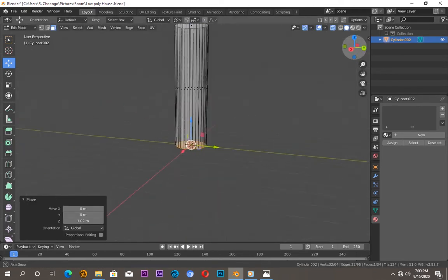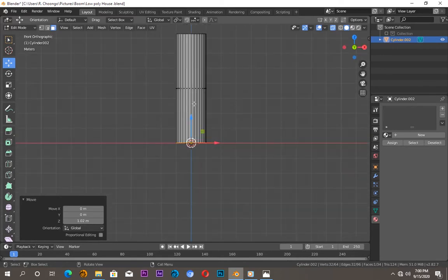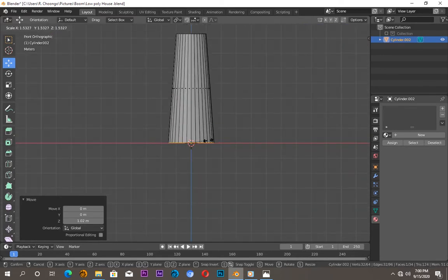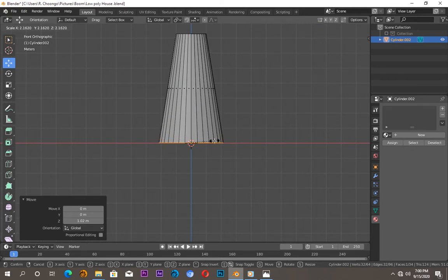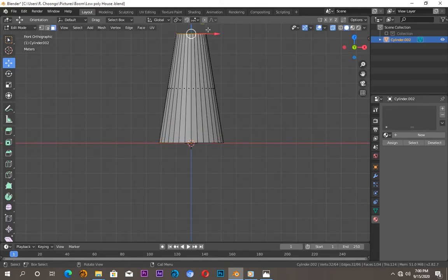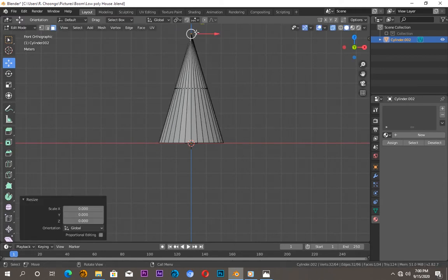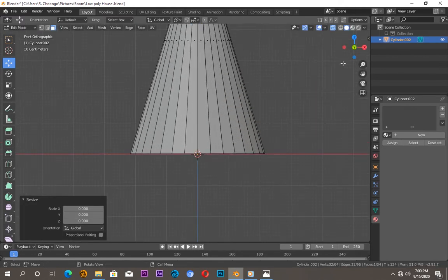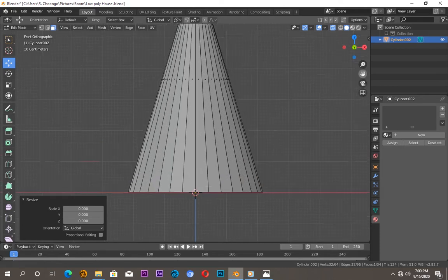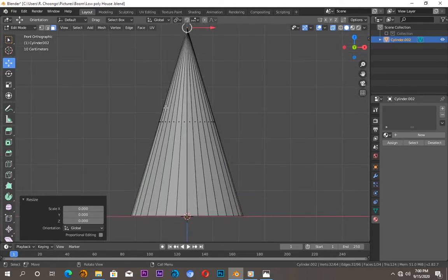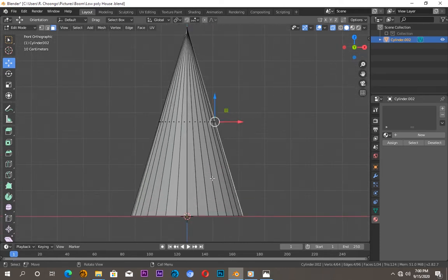Let's see what we're doing. Okay, and while I'm selecting those, I'll push S on the keyboard, just make this bigger. I'll select the ones on top, push S, and just push 0 on the keyboard. That's a shortcut, so all the points will come together. So we have this. Now what I want to do is Control R,